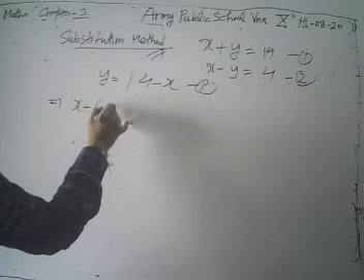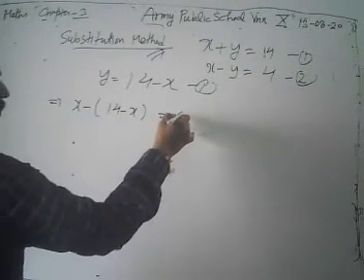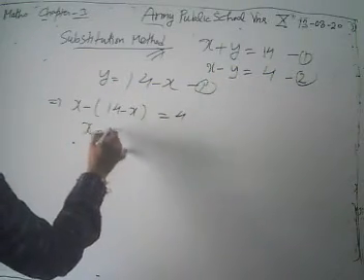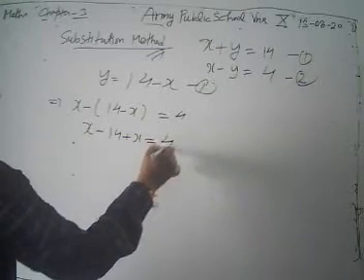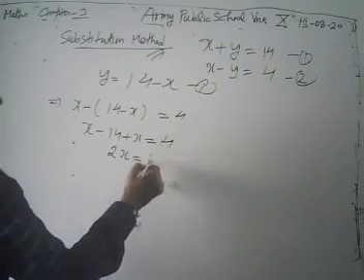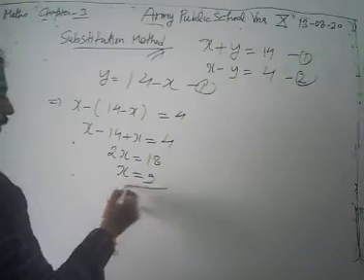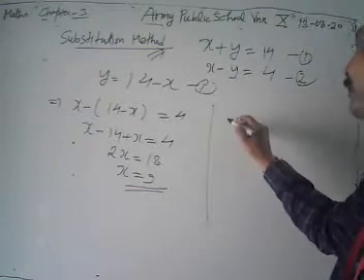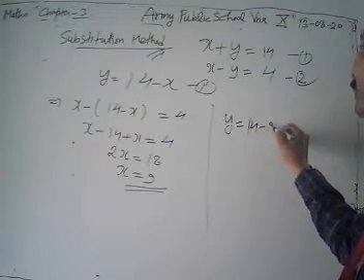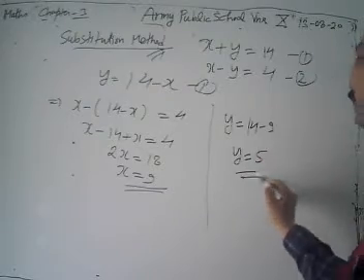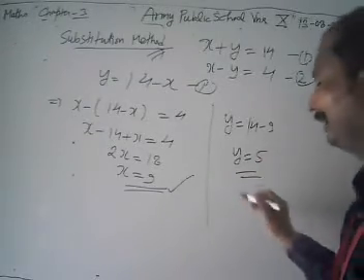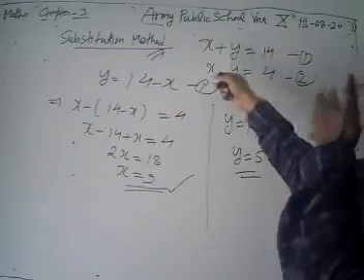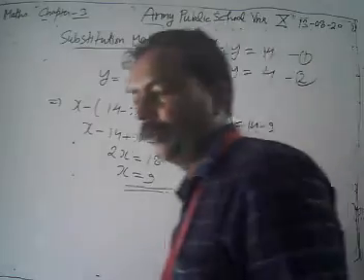After expressing, we put it in equation number 2. Then x minus (14 minus x) equal to 4. We are putting the value of y in equation number 2 and then solving this. 2x is equal to 14 plus 4, which is 18. Then we get the value of x is 9. This is our step number 2. We put the value again in 1 prime. Then y is equal to 14 minus 9, so y is equal to 5. The value of x is 9 and the value of y is 5. We can also verify our answer easily: 9 plus 5 is 14, 9 minus 5 is 4.